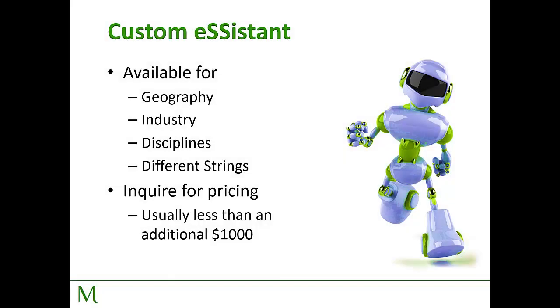There are certainly changes that you can get. Maybe you've decided that you are only going to look ever for candidates in Tucson and you want me to develop your assistant to be very geographically centered. Or perhaps you want a different icon for your assistant, or you just want a few different strings. Any of those things are possible. All you need to do is reach out to Jason directly. Here's his email address. And let him know that you'd like some customization. He can walk you through the process of what is required and give you an idea of what the associated cost is. It's usually less than $1,000.